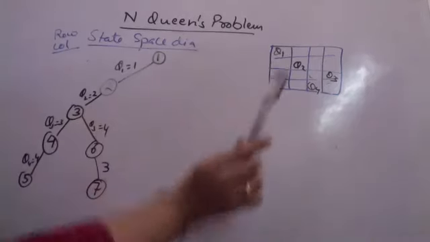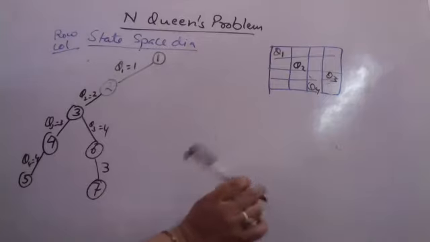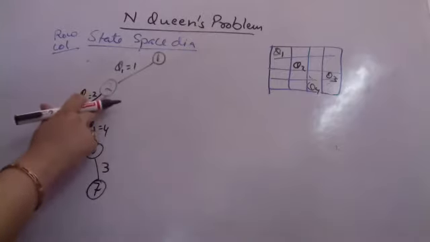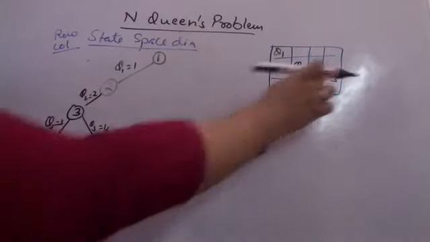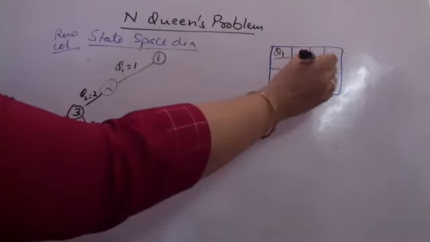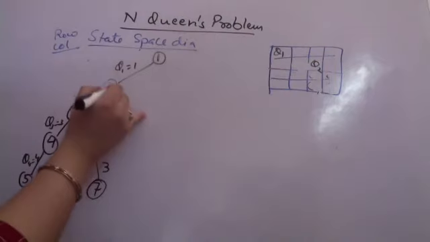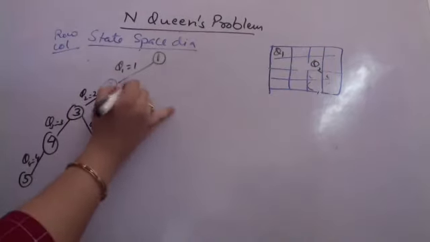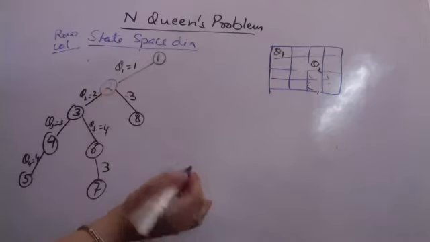Again, this is not a feasible solution. We again backtrack. Now all positions of queen 3 have been tried. So we now change the position of queen 2 and then we try to build solutions. So now I will be changing the position of queen 2 to the third column. So I am only mentioning the column number here now.